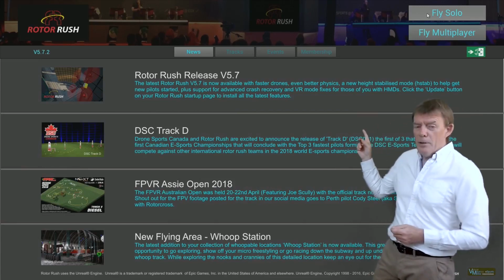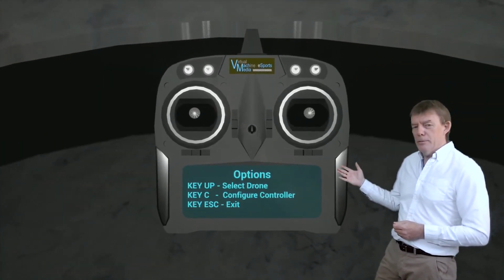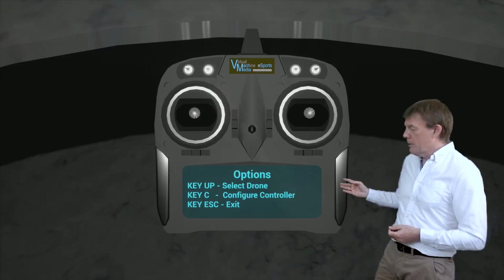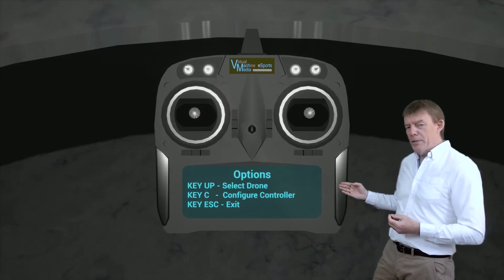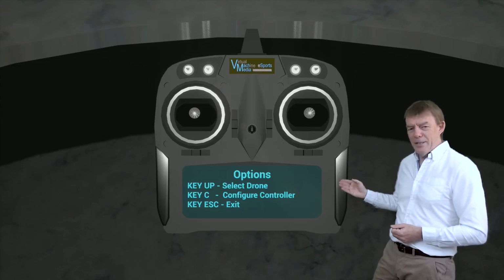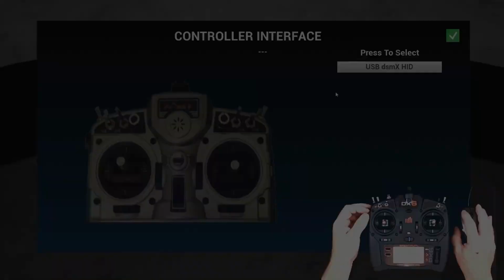Click on the Fly Solo button at the top there, and that will take you through to the selection room. In the centre of the controller there you'll see a window, and any time in the selection room those are your options. So the first thing we'll do is hit key C, and that will bring up the configuration window